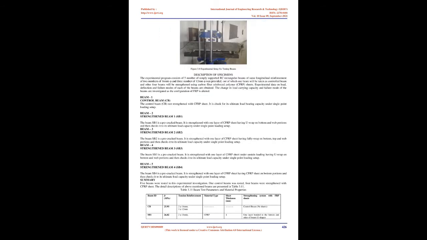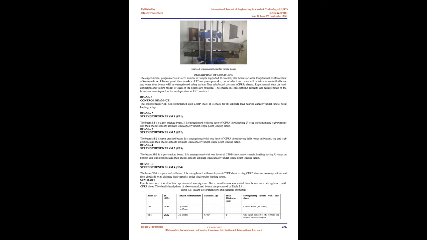Critical observation from the literature. It is clear that there lies a vast scope of research in the field of retrofitting of concrete structures, especially beams using externally bonded FRP composites. In the above section it has been shown how the structural strength and stiffness can be improved by externally bonded material. Scope. Experimental program. The objective of the experimental program is to study the effect of externally bonded, EB, fiber-reinforced